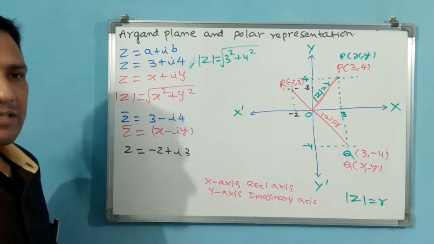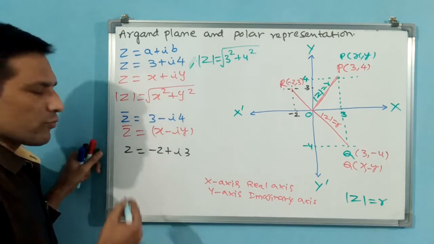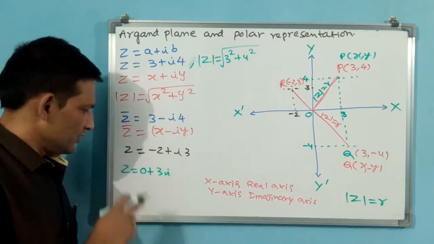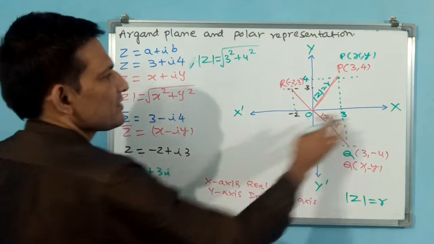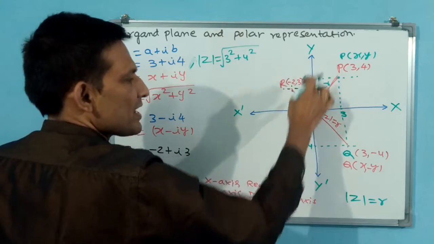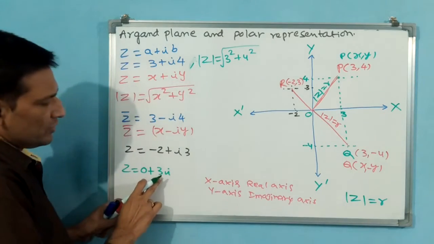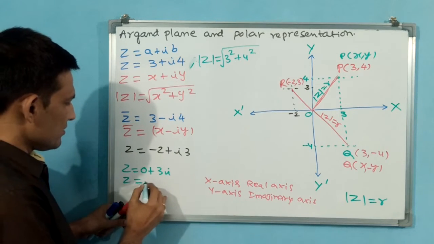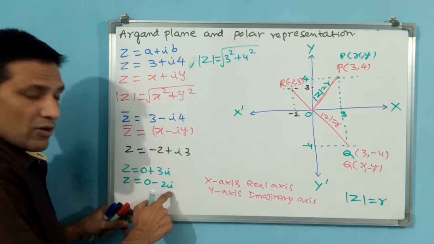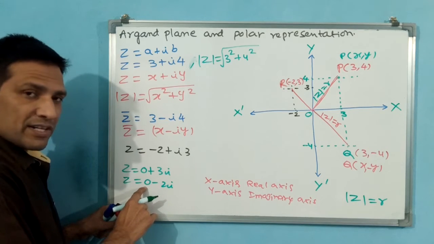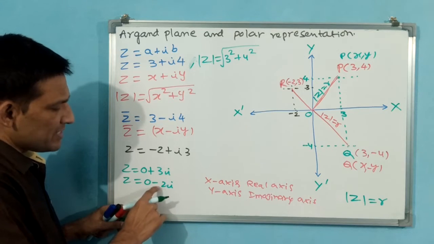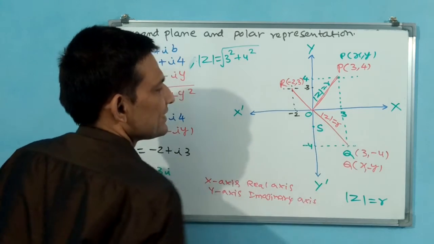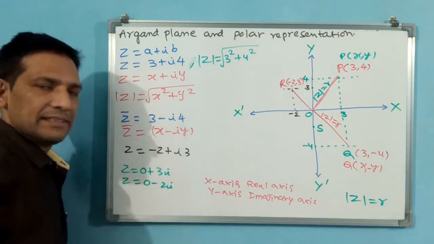What about a pure imaginary or pure real number? You see, z is equal to 0 plus 3i. This is a pure imaginary number. Pure imaginary number means x is 0, so it will be on the y-axis, whether it may be plus or minus. Here 3i is there, that is why it will be here. Now you see z is equal to 0 minus 2i. Pure imaginary number, because the real part is 0, even though the imaginary part is negative. Okay, 0 to this point. We can say yes, P, Q, R.